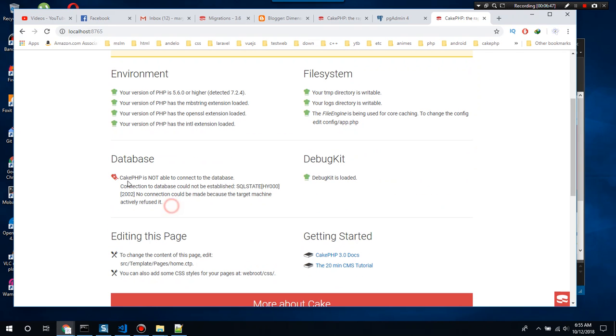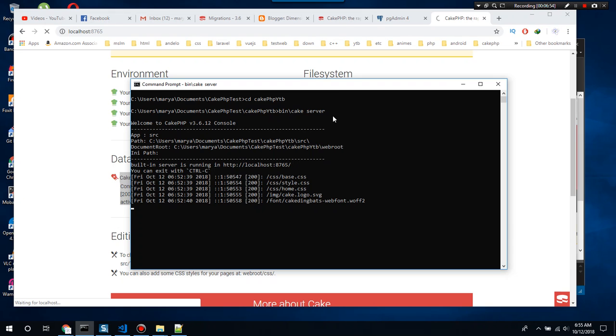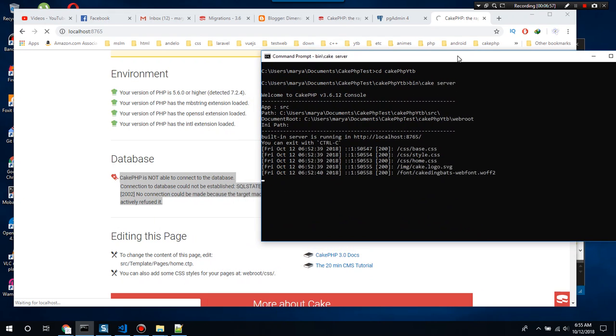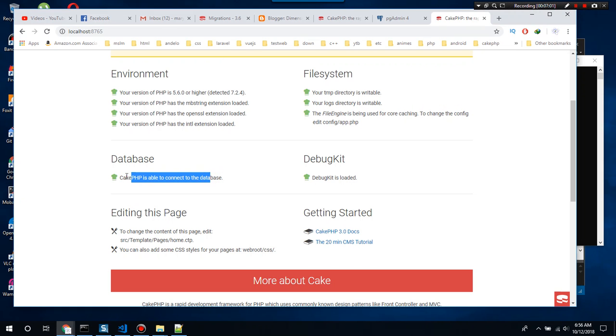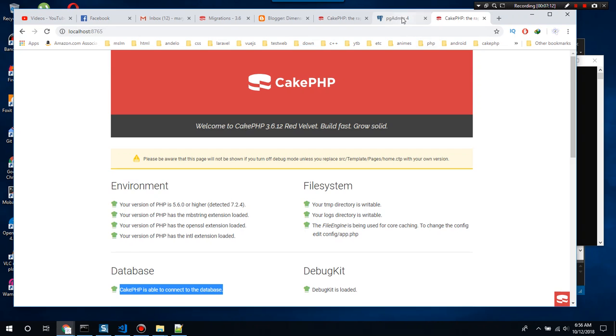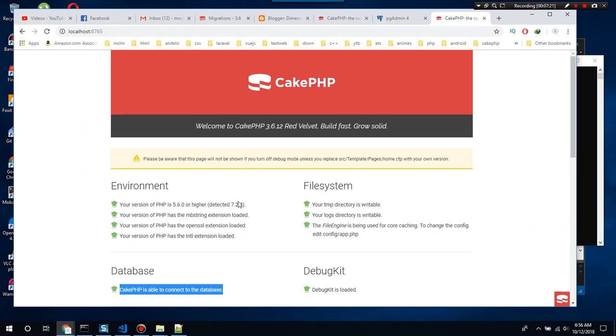Right now it's still not connected to a database, but if I refresh, it takes a while. Then the message is that CakePHP is able to connect to the database. So it means that our CakePHP application is already connected to our cakephp_youtube_db. So it means that we have accomplished our mission in this video.